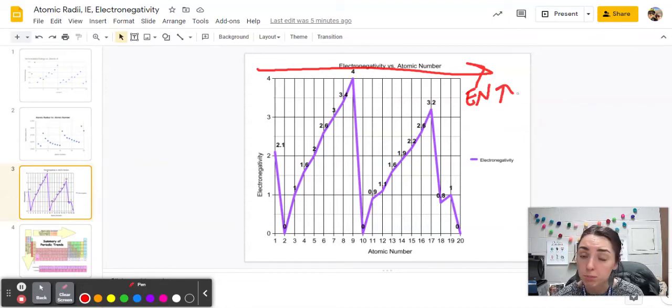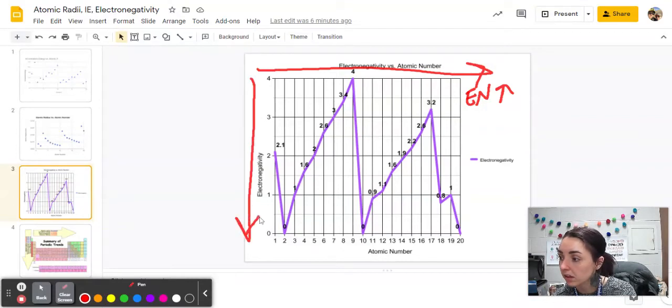And you've got those more protons. Always remember, across the periodic table means more protons. We've got a bigger positive charge, and that bigger positive charge is going to pull on those electrons. So we're going to get a stronger attraction between the nucleus and the electrons if we have more positive charge in the nucleus. And then going down, we have that